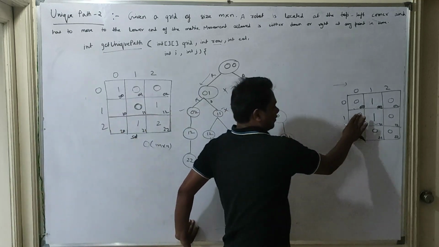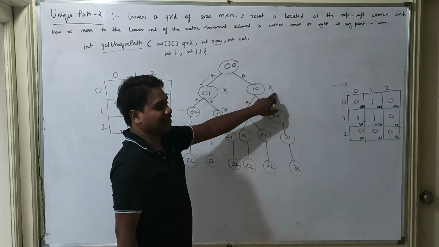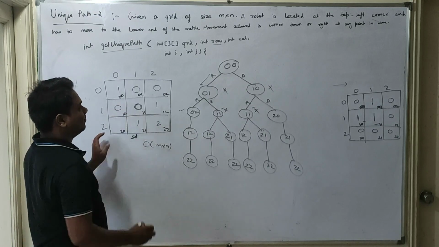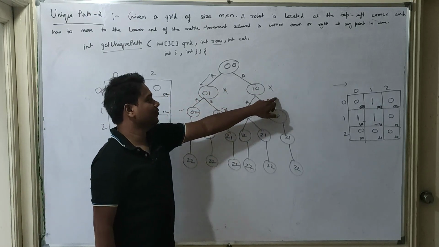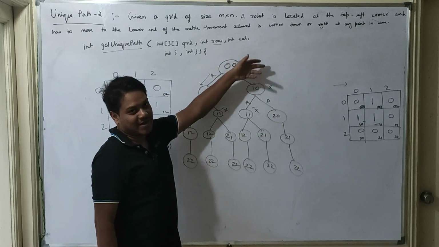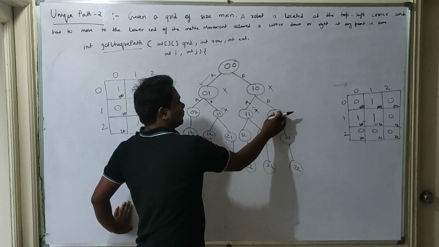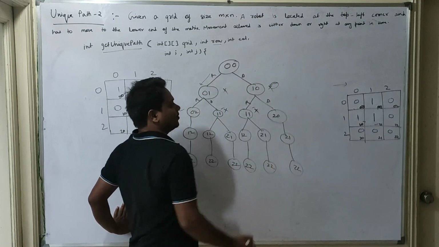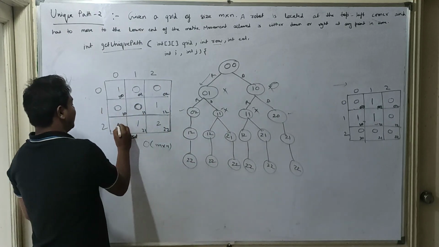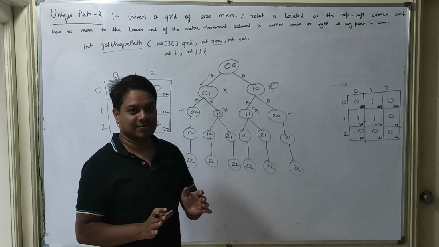So if we are having an obstacle over here, now we cannot move to this side. So we will fill it with 0, because we are having 0 paths from 0 0 to 1 0. Now if we have to go from 0 0 to 2 0, then we will go via 1 0, but since there is no path from here, we have to make sure whatever is the state of this particular cell should be the state of this cell as well. So it will also become 0 in that scenario. This is the only case we have to take care of.